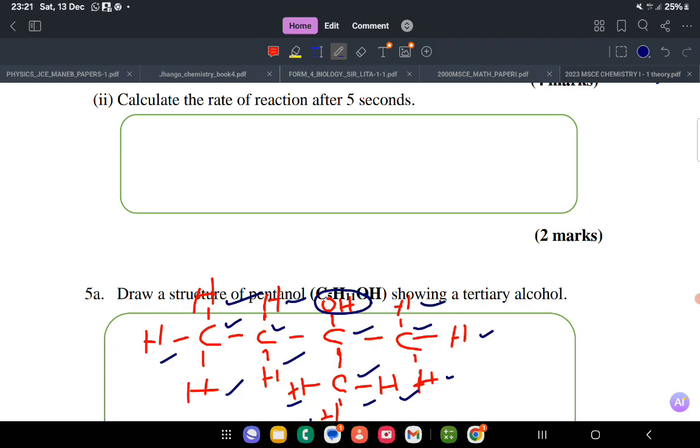All right, so I would like us to stop here for now. When we meet again, we are going to continue with the rest of the questions. Remember, we are doing this just to give you confidence, to revise, to remind you. You can also go through the paper again and again. I'll share the PDF of this paper, if you like, so that you can also practice on your own, and let's see how far we can go together.